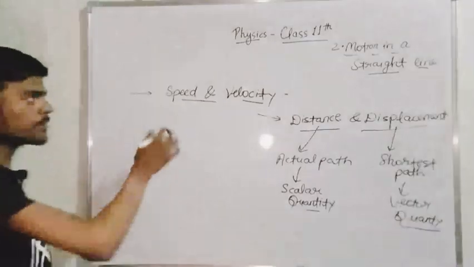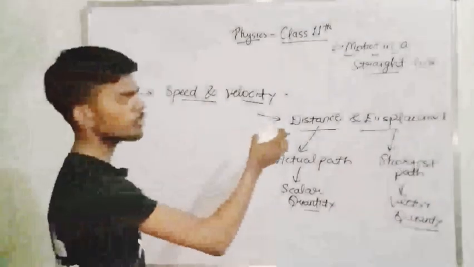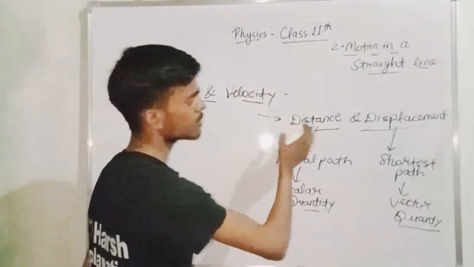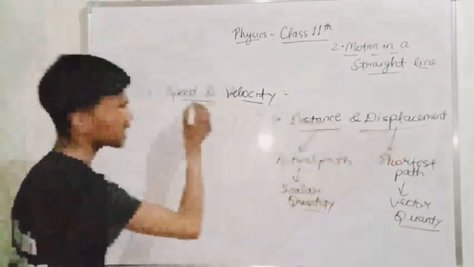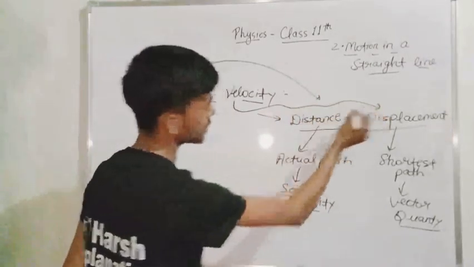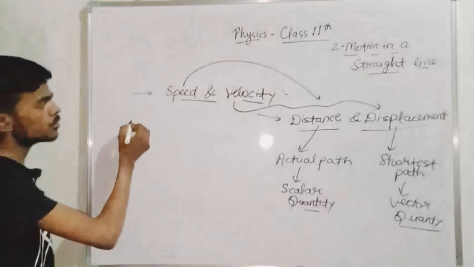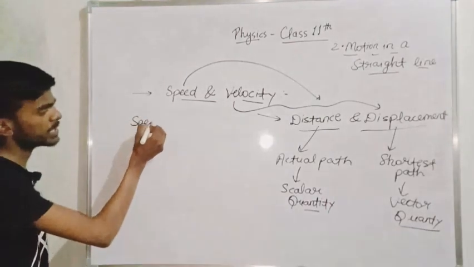Now if we relate speed and velocity, they are in the same sense as distance and displacement. Speed is related to distance and velocity is related to displacement. And how it is related, I am going to discuss. So if I define speed,